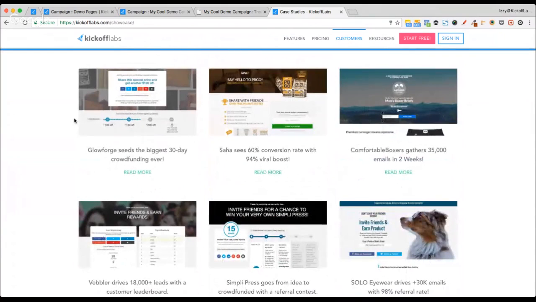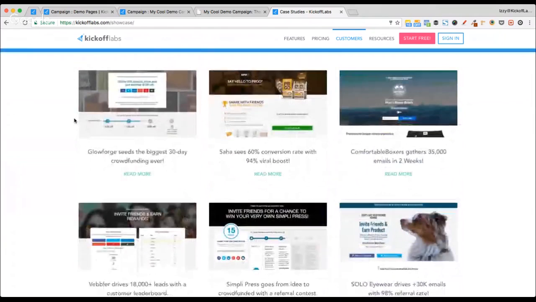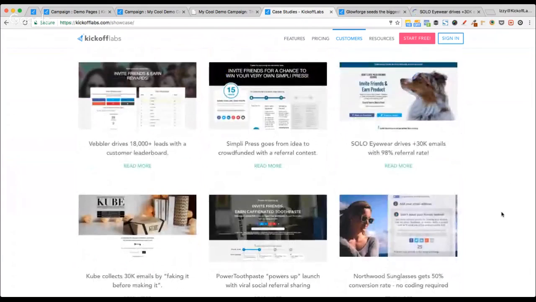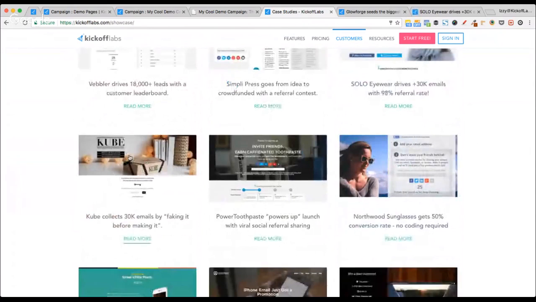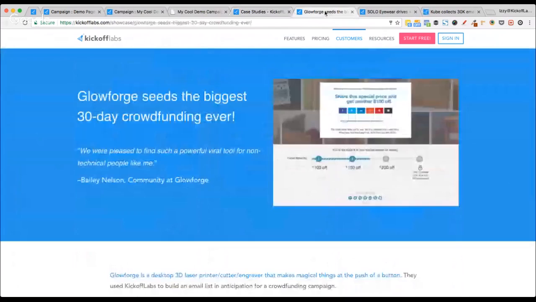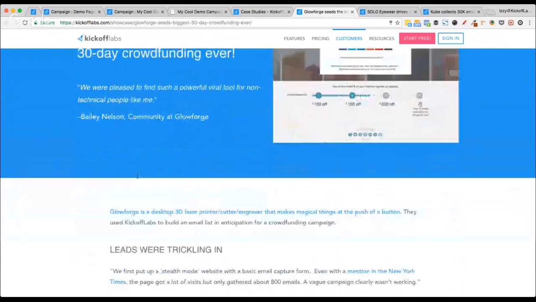And you'll see a whole bunch of different examples, as I mentioned. Ones that I really recommend diving into would probably be the Glowforge. Also, the Solo Eyewear is going to provide some really great advice, as well as the Cube. Obviously, you could go through all of them. They all provide some really good advice, but these are going to be a touch more